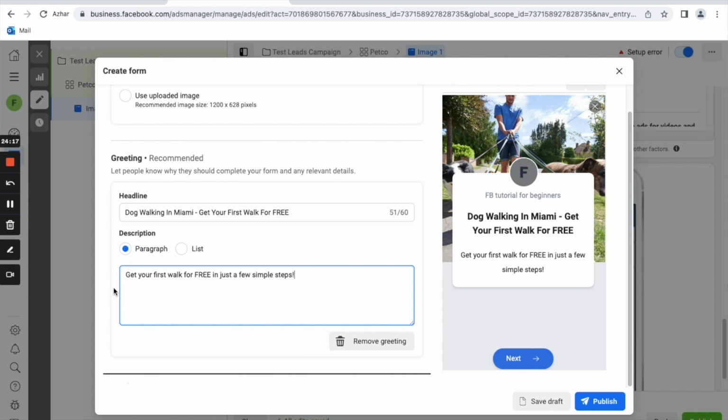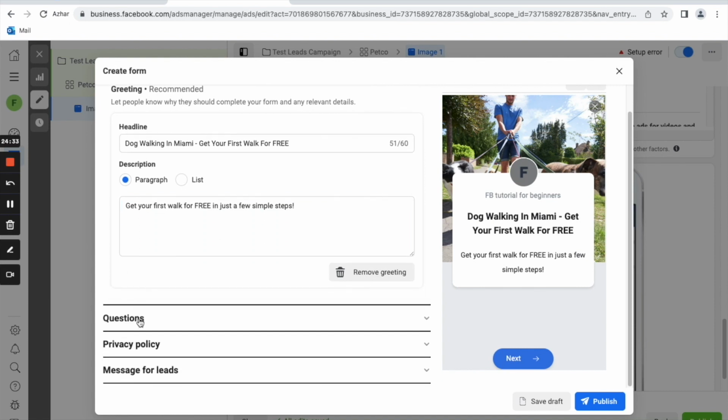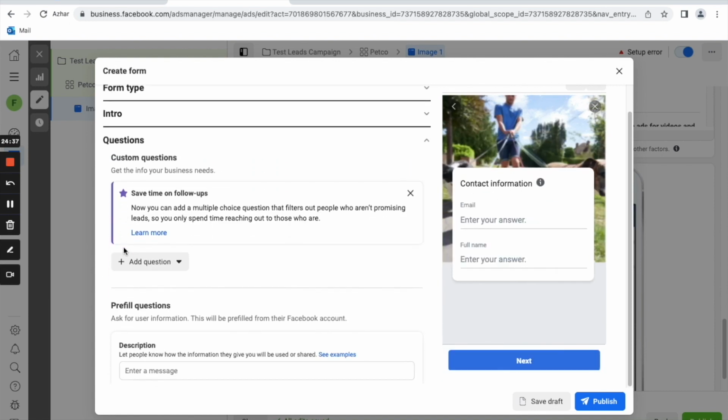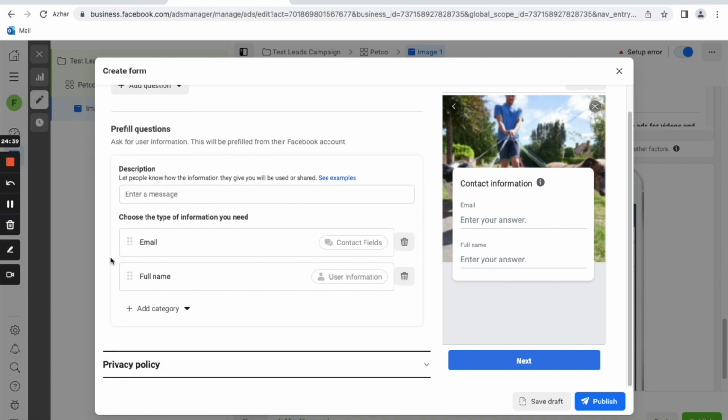This is, in my opinion, by far the best way to encourage them to actually submit the form, and that works great for me. So you can go ahead and do something similar. Then the question part, this is the information that you would like to get from them. I personally suggest you always ask for the phone number, and the reason is that the email and the full name fields are auto generated by Facebook, and there is a very high chance that the email associated with this Facebook account might be an email that they don't have access to anymore,